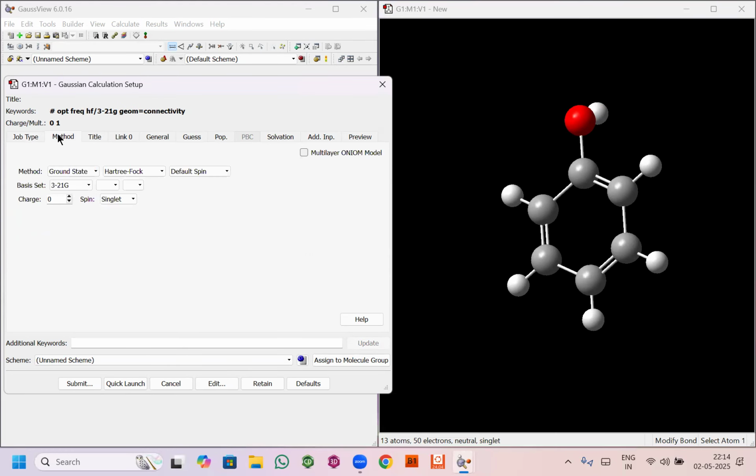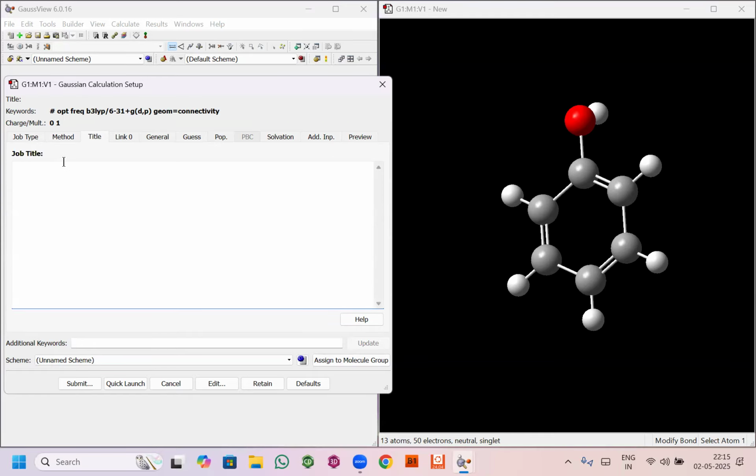You just click on the methods, and here let me go with the ground state. And this one is DFT, default spin, B3LYP. Let me go with 6-31G. Go with the plus, go with the D, go with the P. Okay. So charge is 0, spin is singlet. Okay. And now just click on this title here. So let me give a